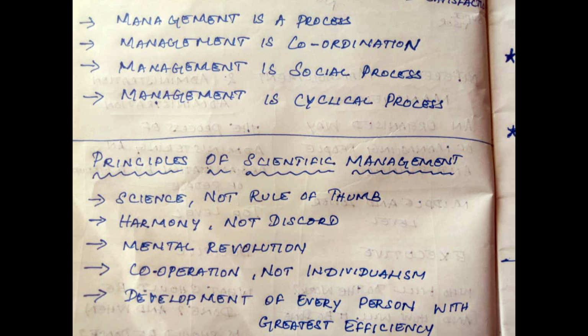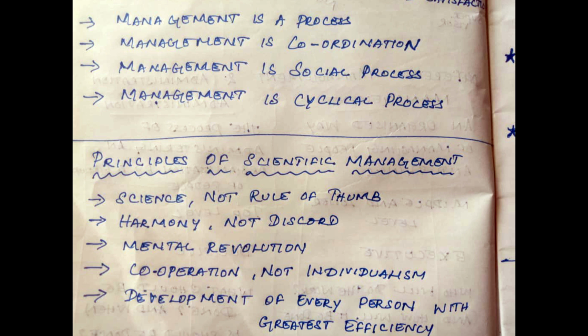Next one is management as a process, that is work assignment, which we have seen before. Next one is management as a coordination. Why is management a coordination? As a manager, we can organize the 5 M's. The manager must organize the 5 M's, which we have seen before. Keep in mind the diagram: material, method, machines, money and men. So it will be useful.